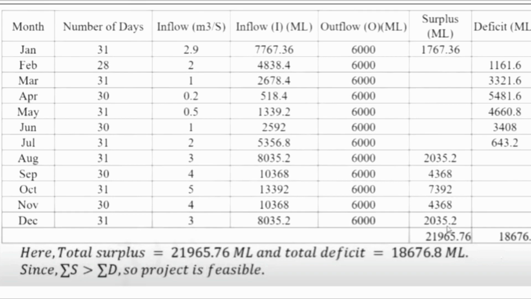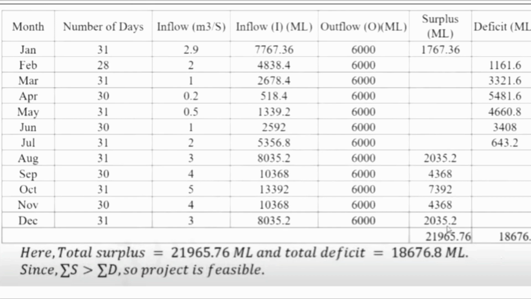To calculate the volume, we use the basic formula: the volume or capacity of an impounded reservoir equals the total sum of deficits, or the maximum cumulative surplus plus the maximum cumulative deficit. In the mass curve method, the second formula is used graphically: the capacity of the reservoir equals the peak cumulative surplus